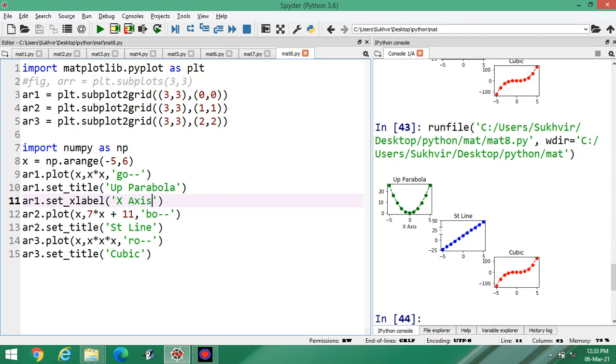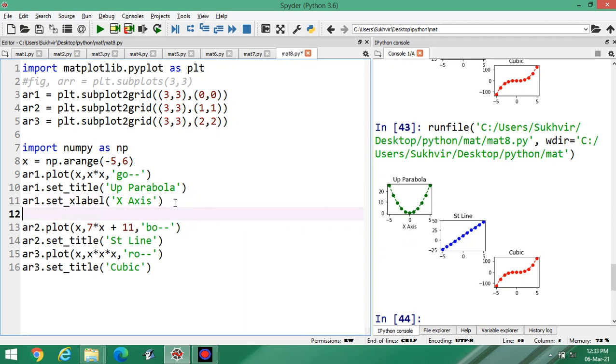I can set the x-axis and y-axis accordingly. Let's copy this one and paste here. You can change it into ylabel and you can print the y-axis here.